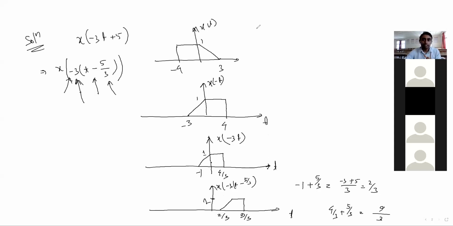So is it clear? Yes, sir. This sort of question will come. These are a little difficult, but questions will come like this only. It will not be given as simply "draw a signal u(t-10)". Those are very simple, but you should know those concepts also. Those are the basics. When you know the basic things, then you can solve the difficult question. So we should proceed from simple to complex.